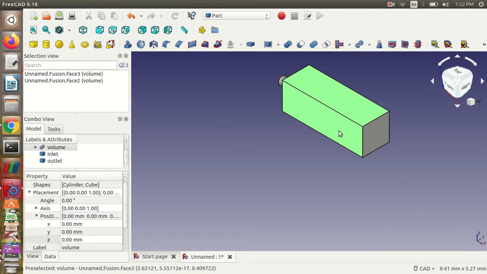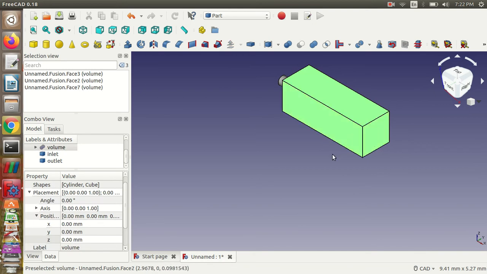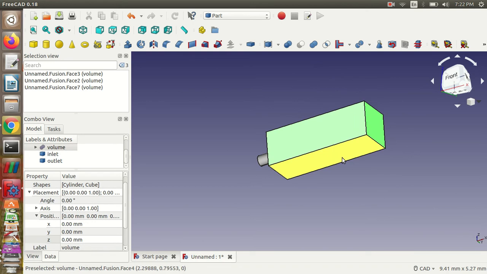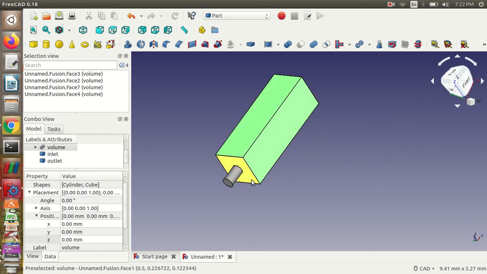So this one, sorry, and this is going to be the other one. This is going to the fifth direction, and so all the other six faces are now ready.